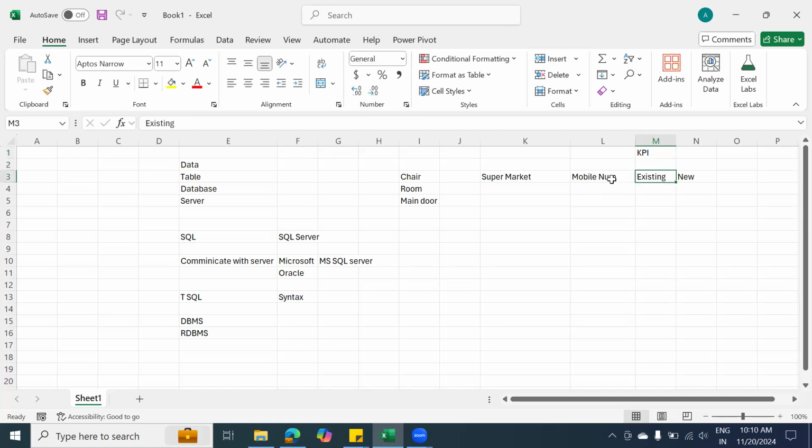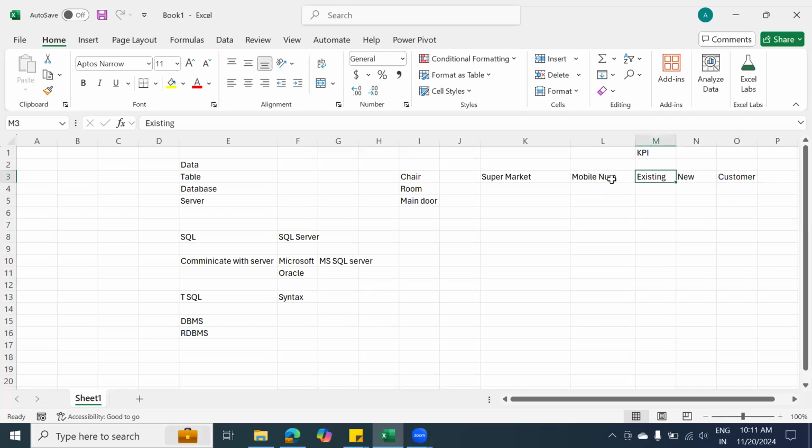Now let's come here. How do they know whether you are an existing customer or a new customer? By searching your number. Purchase history. Absolutely. Initially, they start with a certain customer database. They store all their details in a table called customer. In this table, they store all the customer details.